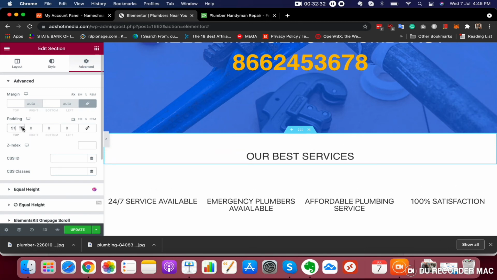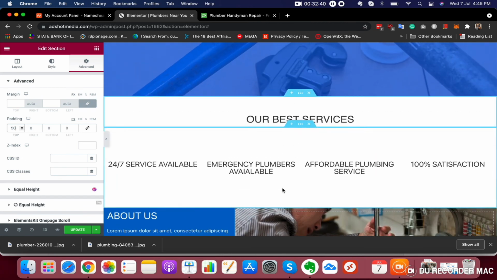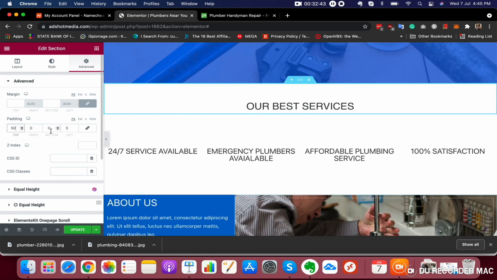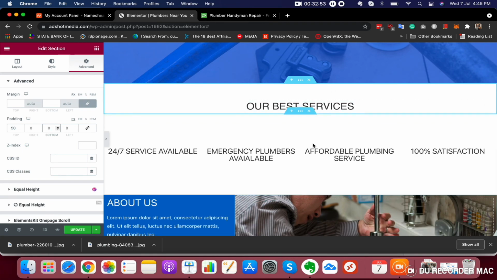Alright, so now it is good. 50 padding is good. 50 padding at top, and similarly I think if we put 50 padding in bottom, no, it is not necessary, I think. So yeah, it is good.